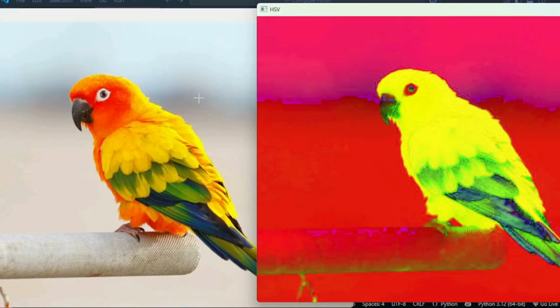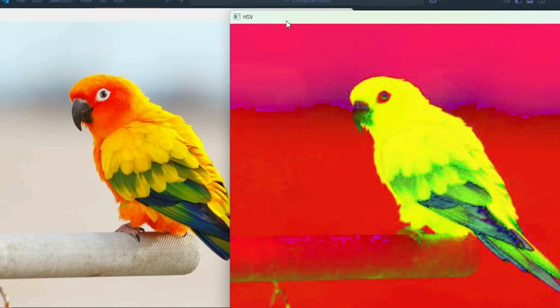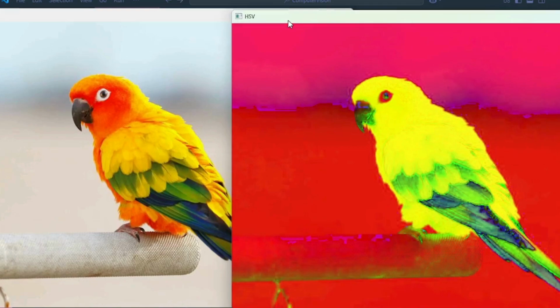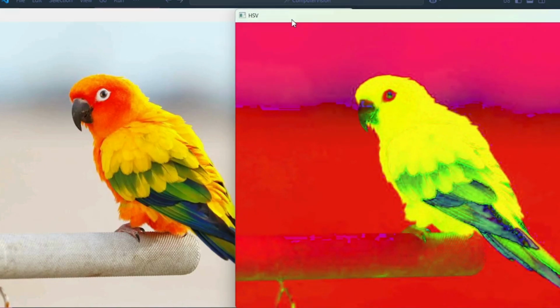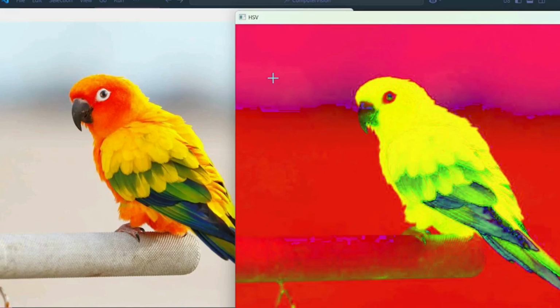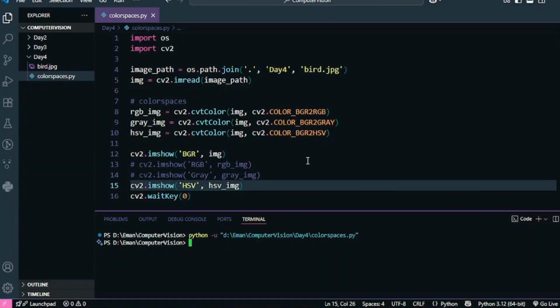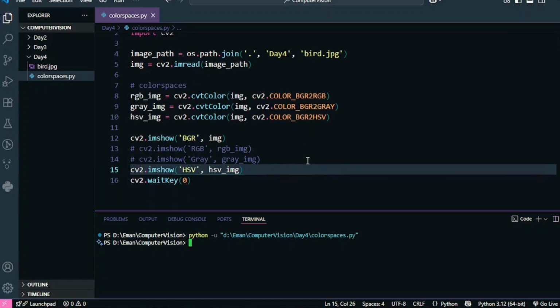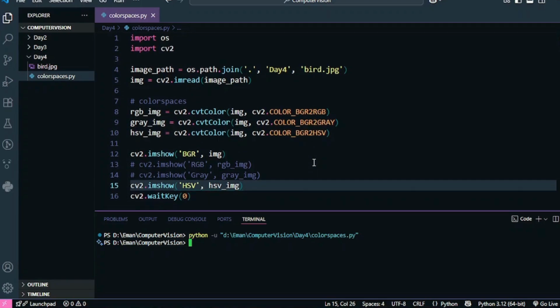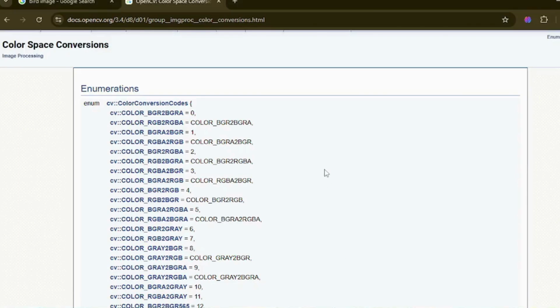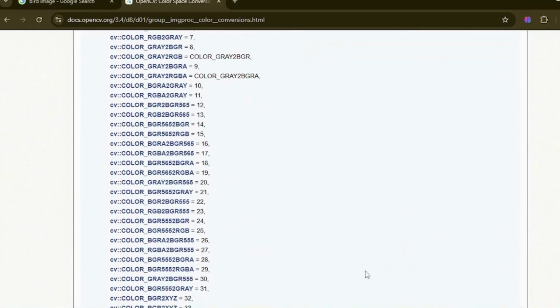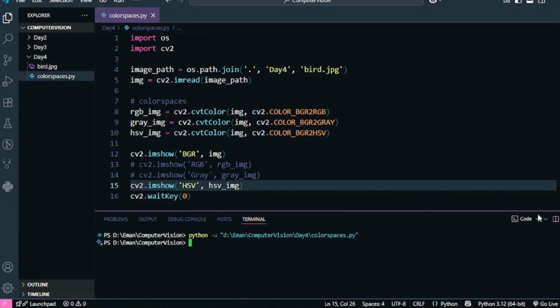But the thing that you have to keep in mind is that every color space has its own application and its own usage, and HSV has a very important application in object detection. So when we are going to learn about object detection, we are going to use this HSV color space because it will help us identify the colors of the objects, right? So we're going to use this in color detection. So you have to keep this in mind. Every color space has its own applications, and this topic is so vast that we can keep on talking about color spaces because, as you can see, we have so many color spaces that we can explore, but these were the three important ones that I thought I should tell you guys.